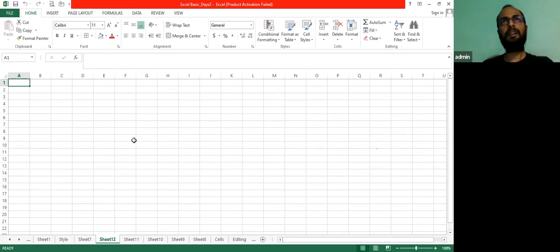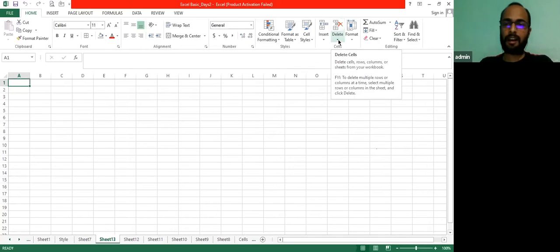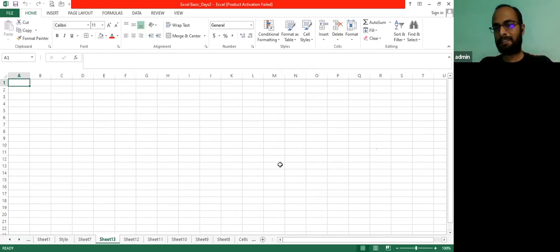Okay, so what I will do, I will be telling you the shortcuts, then you will do it on your own in 10, 15, 20 seconds. So I hope this is clear. Alt I W. Okay. Now I have to delete the sheet. I have already explained the way we can delete the sheet using the mouse, but how will I delete the sheet without using the mouse? We just need to press Alt E L.